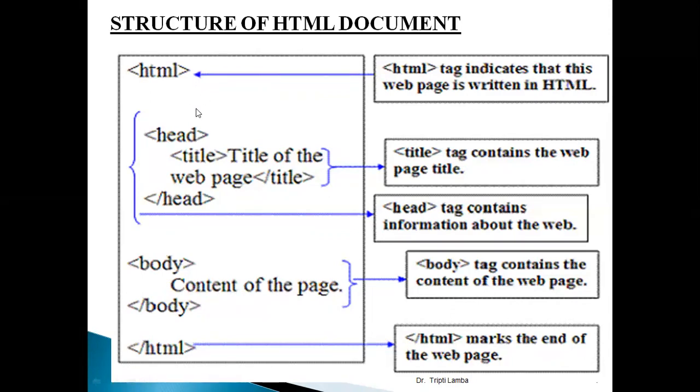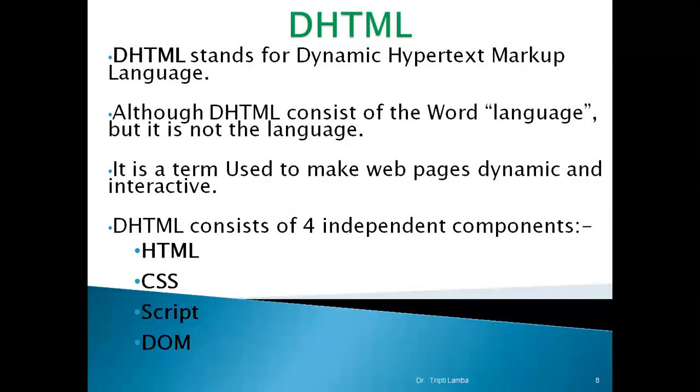So I start with HTML, head, title, then you open a body tag. Whatever you want, we are going to write in the body tag, and then at the last we're going to close it. And at the end, I will be closing with slash HTML. So this is a simple way by which we can create a web page. If I'm creating a web page, I need to save this particular file using .html. You create it in any editor you are comfortable with, and then you need to save it as file name .html. This is how we write a code.